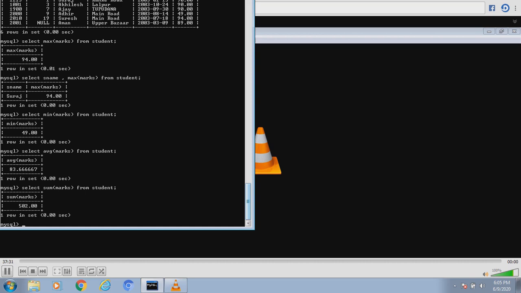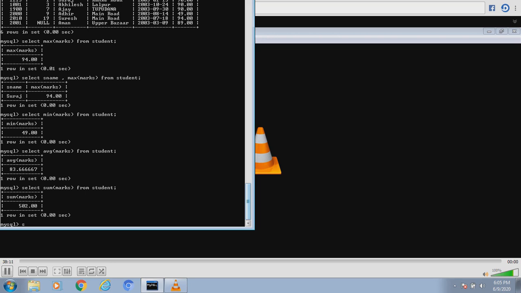One more thing I would be showing here is how to order the details. Now ordering the details means we have something in the table in a given order of roll number. Say I want the order to be according to the names, that is, dictionary order of name. How to change and show that? You cannot change the table's details, but you can show the details on the screen according to your wish. So you cannot change the order of the records in the table itself, but you can show the records of the table according to the order you wish. How to do that? Let us first see the records in our table.